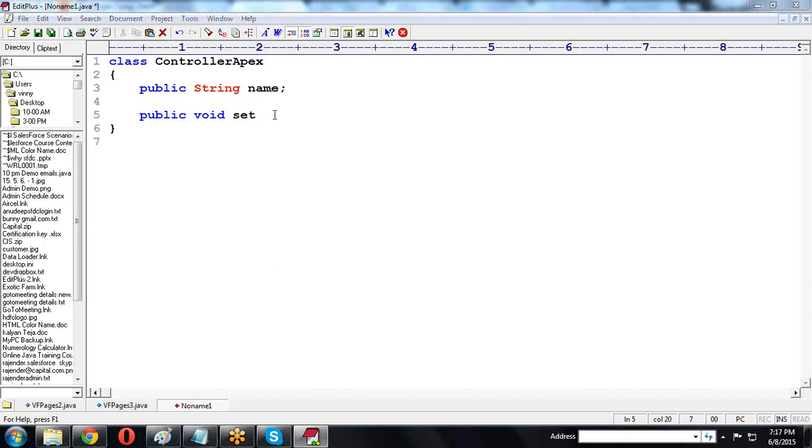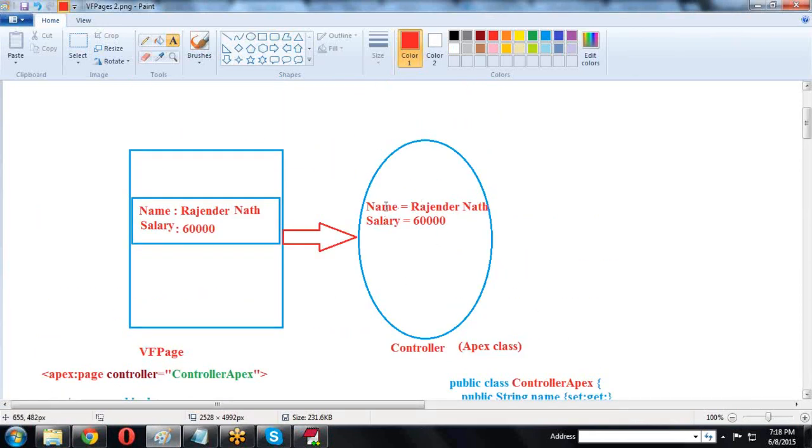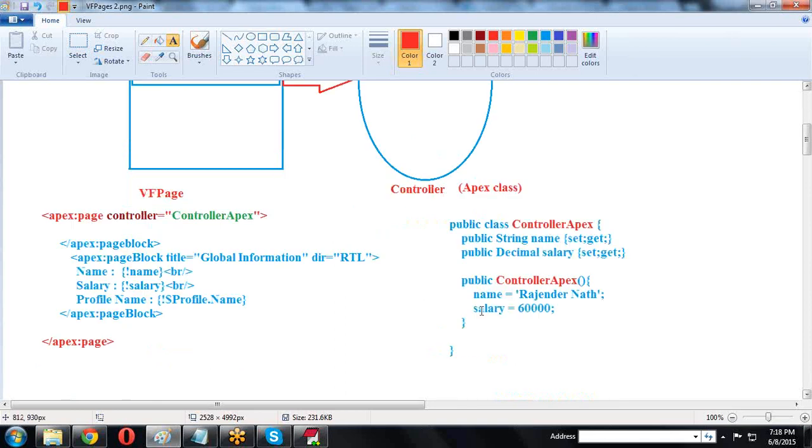Public void set method. Whatever data you are passing here, that data we are storing in the name variable, and wherever it is required we are accessing this data with the help of the name variable. For this name I am writing the setter method.